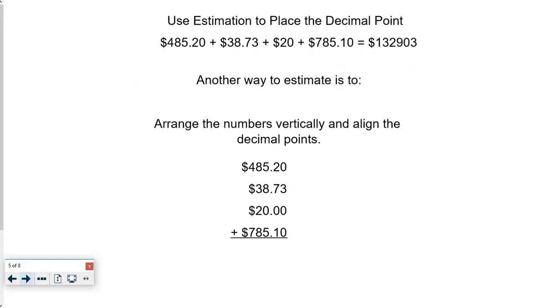There's another way to estimate this, which is to arrange the numbers vertically and align the decimal points. When we line up the decimal points, we know that these are the decimals here, and we can add them up. When we add this up, it's going to be 3. When we add that up, it's going to be 0, because it's a 10. And so we know that there's only going to be 2 decimal places, because there are 2 decimal places in every one of them. So if we know that the decimal goes here, we can place the decimal where we believe